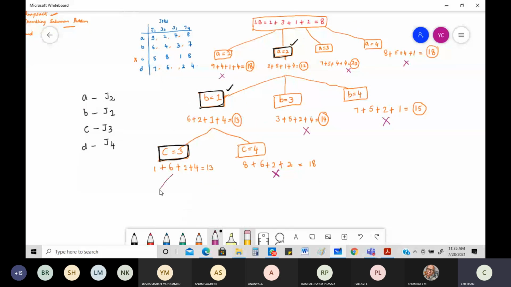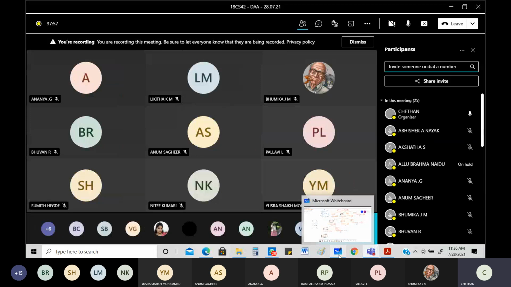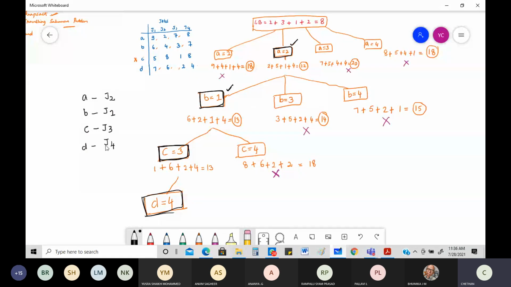We need to show that also, that the last job, which is nothing but your T, T is equal to 4, will be done like this. Now you can see very clearly that all 4 jobs are done. And also, each and every job is done by only one person. They are not changing it. It's all done by one person only.